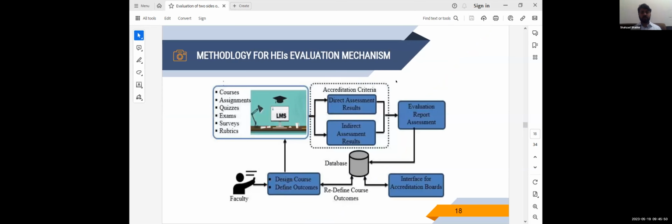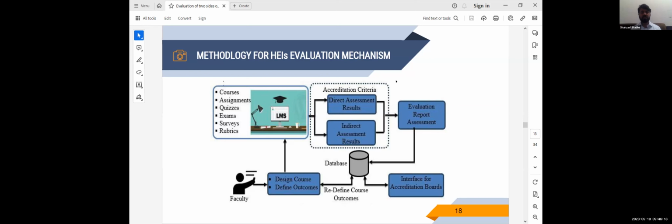Now, coming toward the methodology of the system, you can see here that we have the faculty. They design the courses and they define the outcomes based on the accreditation body's objectives that are provided to them. And then we have the LMS, which has the abilities of course, assignment, quizzes, and then these things we call the direct assessment results and indirect assessments.